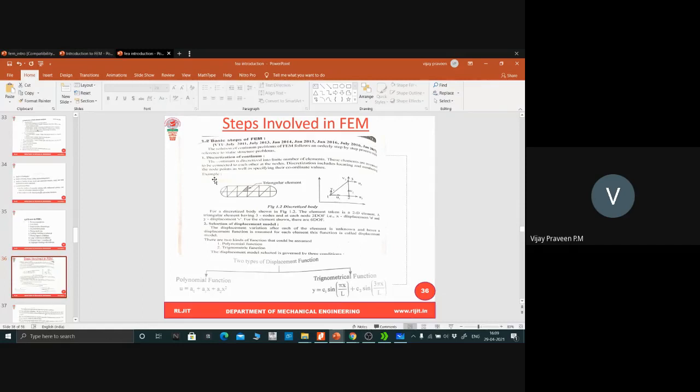Now we come to one more very important topic, which is most repeated. I think you can see in the slides how many times it has been asked. That is the steps involved in solving a problem using the FEM method. There is a systematic approach. Therefore, we are going to discuss what the steps involved are. This is a very important question from the point of view of the examination, and the concept is also very important. If you understand this properly, the same systematic approach is what we will use to solve the problems in the entire FEM.